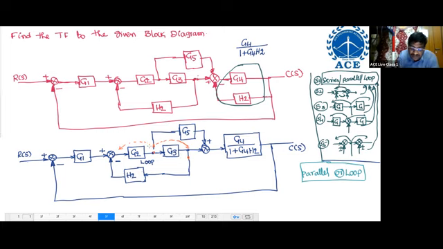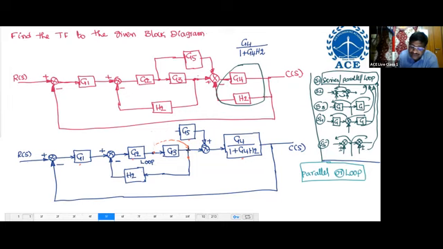That means this take off point should be shifted towards this take off point. Then the problem becomes very easy. Which block gain is affected here? G5 is affected. Before shifting, how many blocks? G1, G2, G5 and G4, that means 1, 2, 3, 4. Four blocks. In case now I shift it